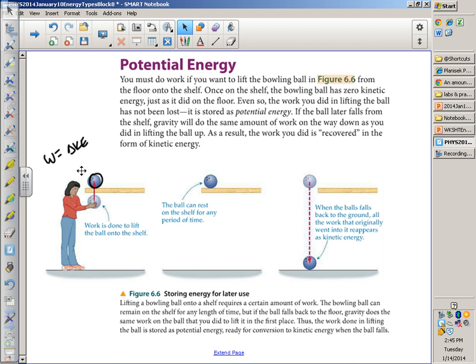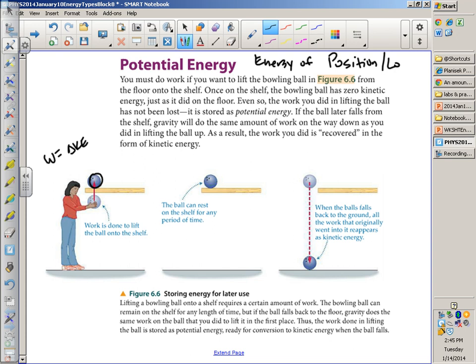But what we find out is that sometimes that energy has to go through an intermediate step before we get the kinetic energy out of it. We refer to that intermediate step as potential energy. Whereas kinetic energy is energy of motion, potential energy is energy of position